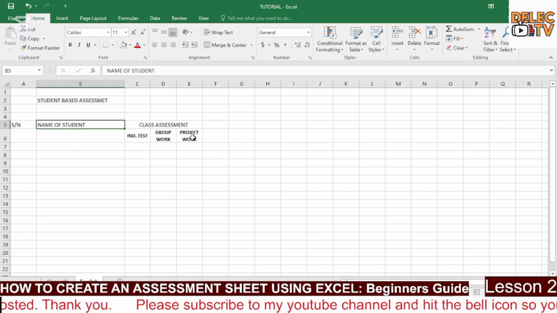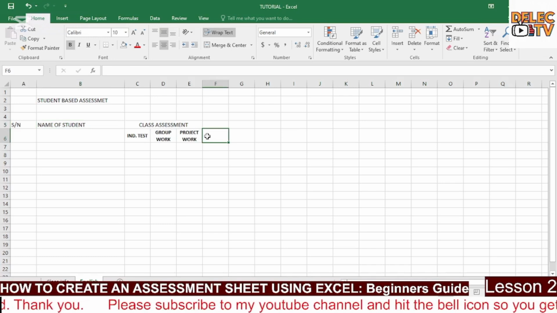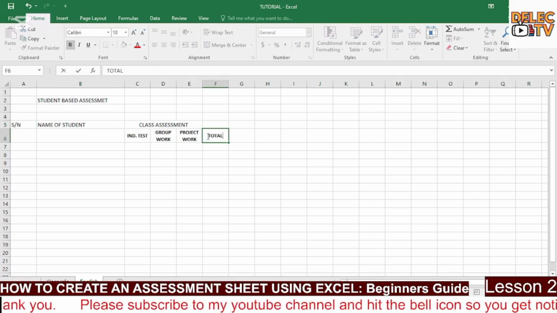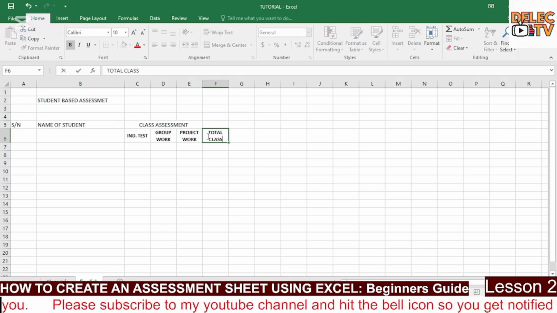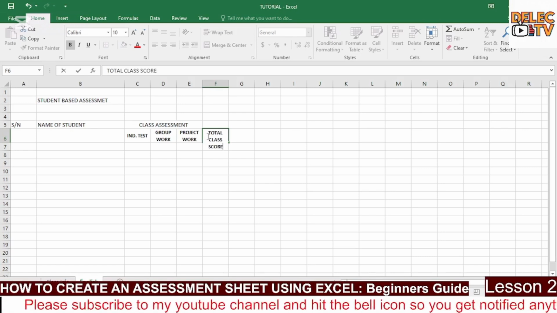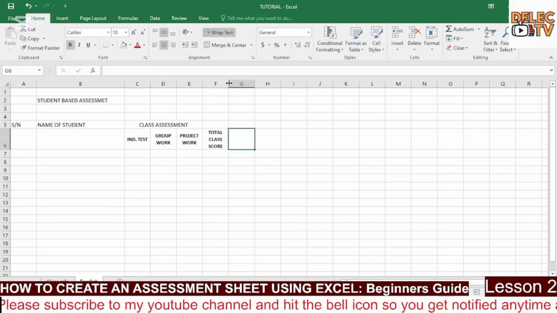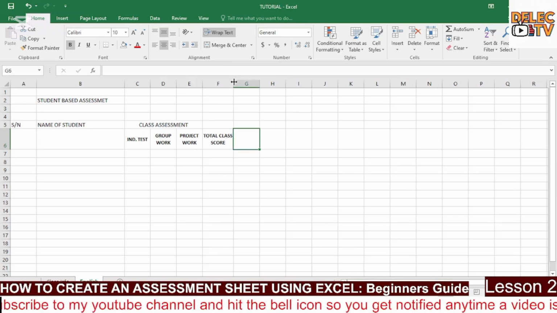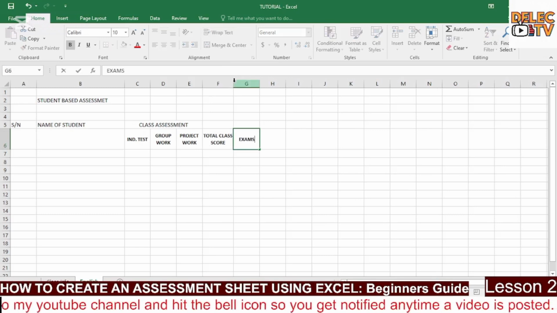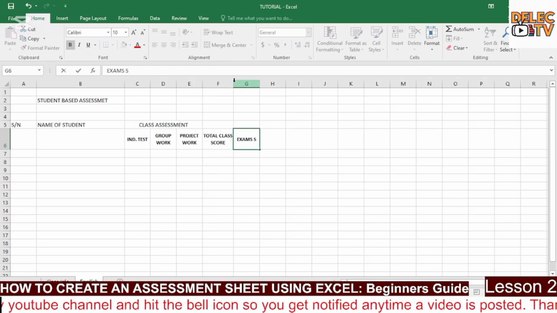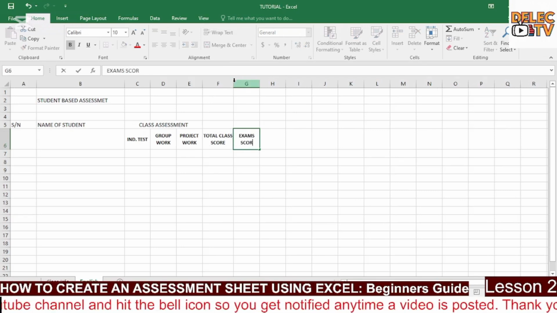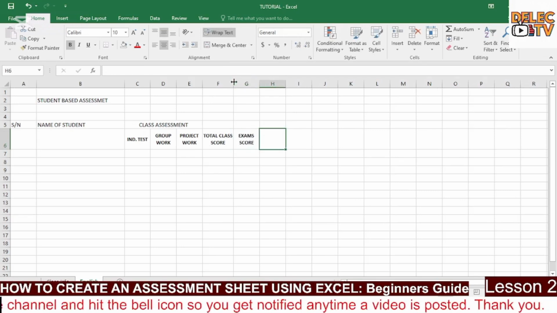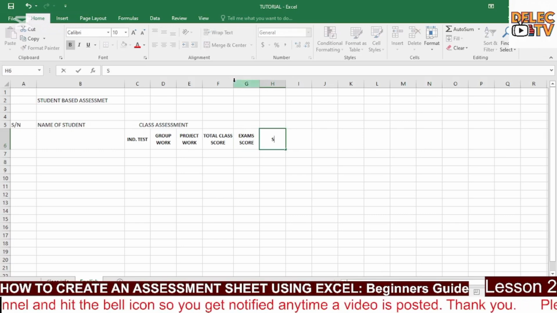So here we're going to have total class score. Total class score. Let's open that a little. So we have total class score. And here we are going to have exam score. We are going to do scaled to